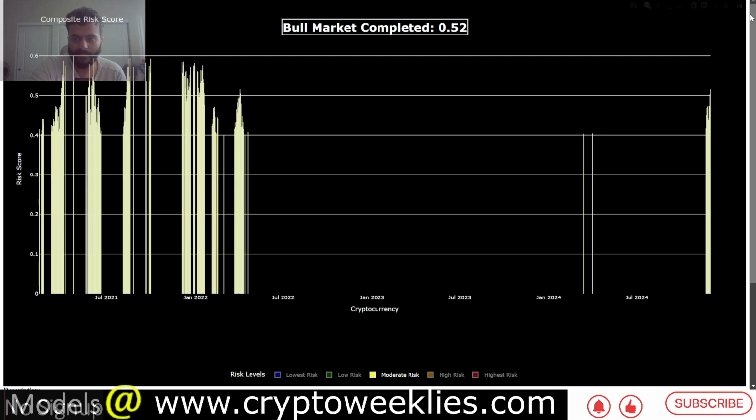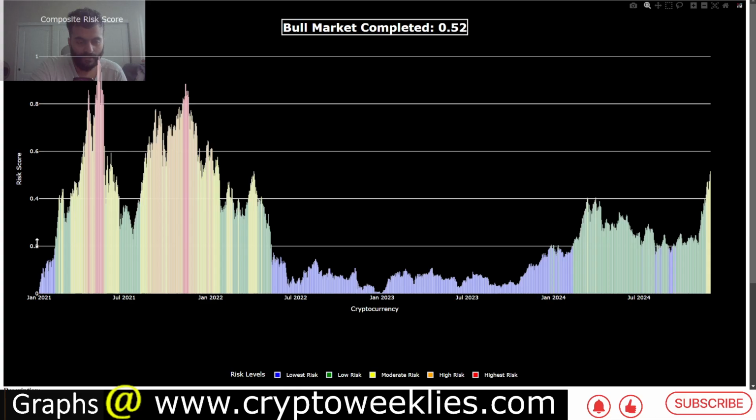Again, the completion of the bull market is not linear by any stretch of imagination. You can see there are phases, even in the bull market, when the risk level goes from moderate to low, or from the highest risk band to the second lowest or the low risk between 0.2 and 0.4, like we did during the summer of 2021, and then from that level, from the green zone, again back to the red zone. So in those kind of market conditions, the volatility is maximum.